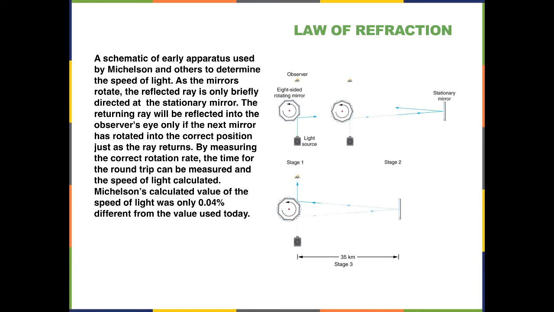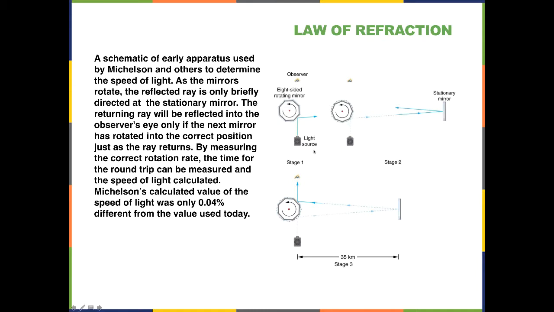Now, in order to understand refraction, we have to understand something about the speed of light. And this is what's known as the Michelson apparatus. The Michelson apparatus was used to measure the speed of light. And what you see here